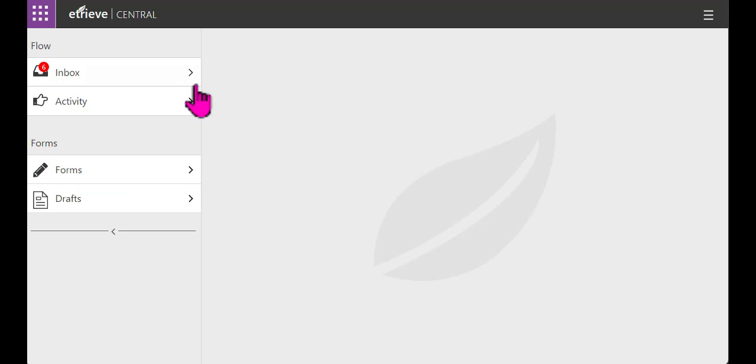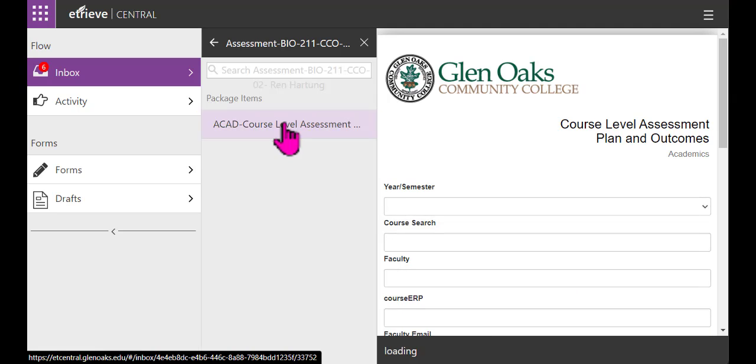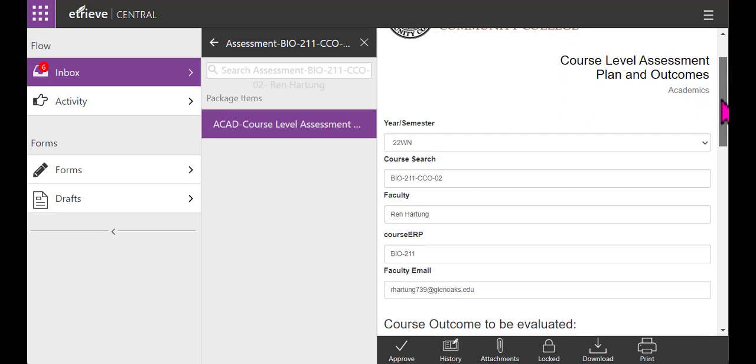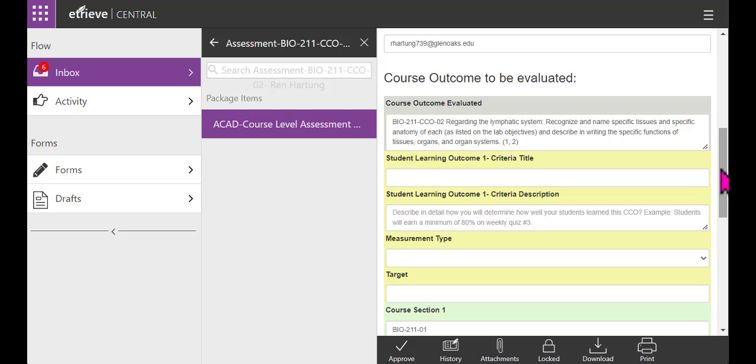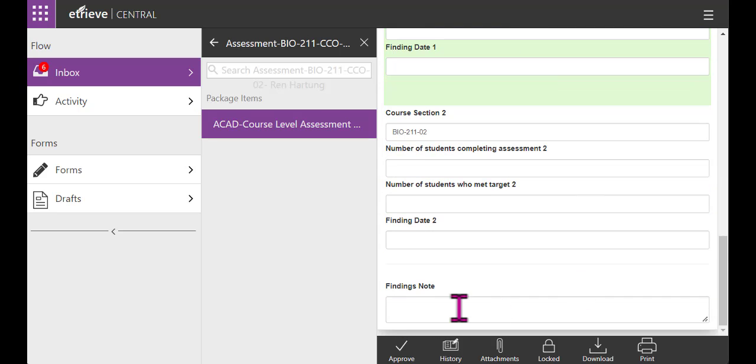Okay, so let's go individually. Let's look in my inbox. I got 6 things to do here, it looks like. This is assessment. So assessment of student learning. So for this particular class, I would click on this, and there's the form. And then parts of it are filled out for me. I would go down here and fill out my parts of this form. And when I'm done, down at the bottom, there will be this area that says approve or it says submit. But the important thing is when you're done doing your part of whatever the form is, then click this approve